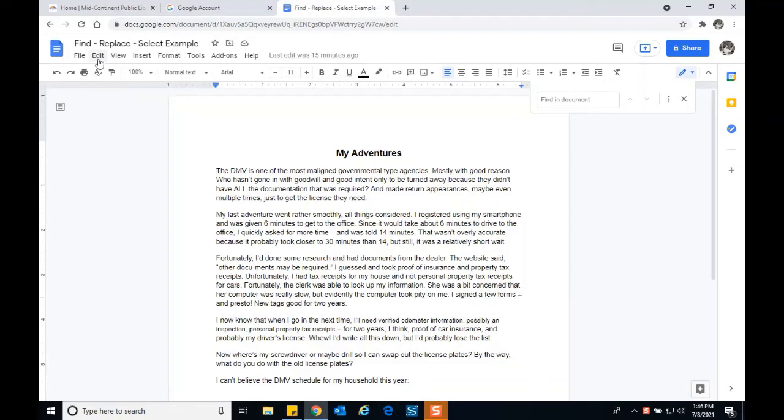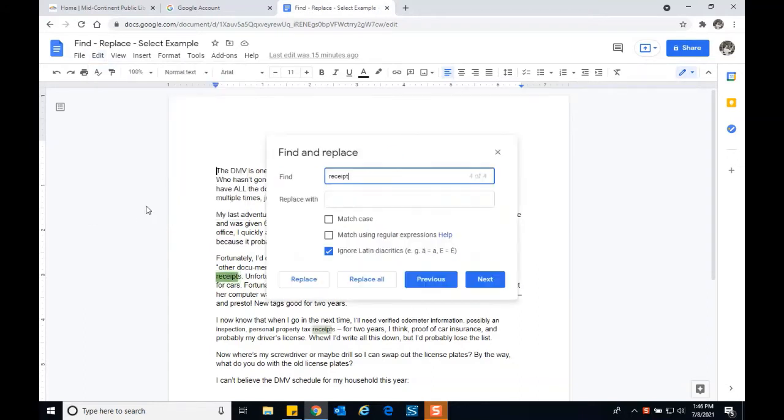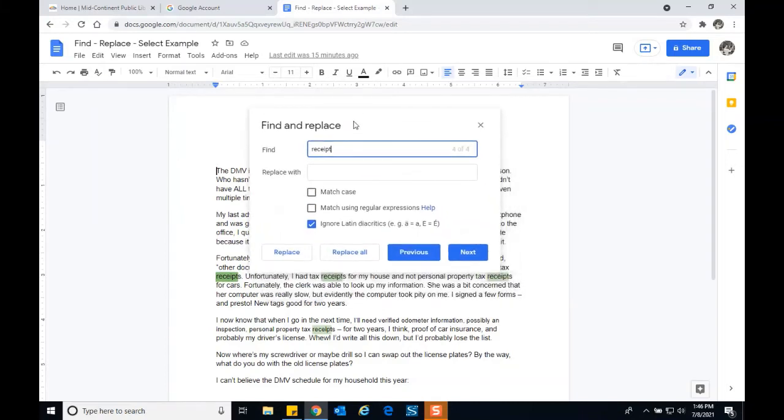This time we must go to the menu bar, go to edit, and then down at the very bottom we have find and replace, but notice that it has its own keyboard shortcut of Control H. So either way, going to the menu bar for edit, find and replace, or using Control H will get you the same results. So let's click find and replace, and look at that, it brings up the same dialog box